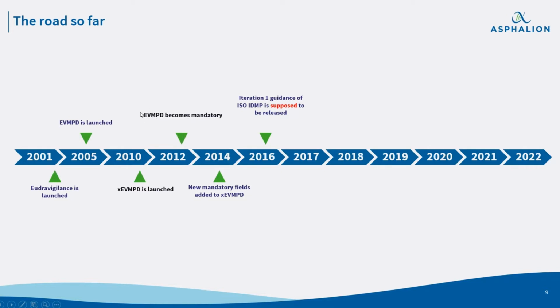I did not mention it before, but XEVMPD stands for Extended EudraVigilance Medicinal Product Dictionary. It's just a database containing structured data about our products, because EMA, for different regulatory activities and especially for pharmacovigilance, needed to have a global database where they could really know the status of the different products. And also, if we have them identified, we can reference them in the different activities. This is what's happening with serialization, for example, that we have to find a way of relating the information in EMVO with our products.